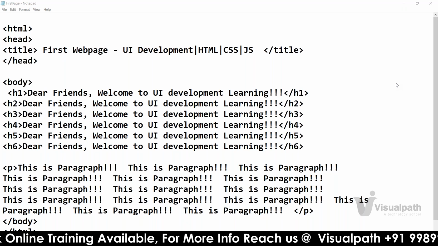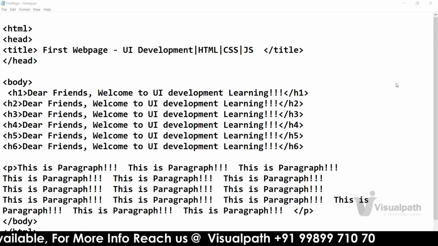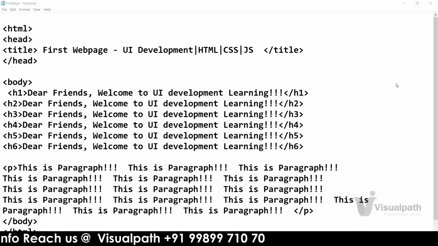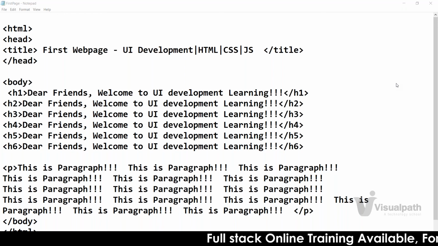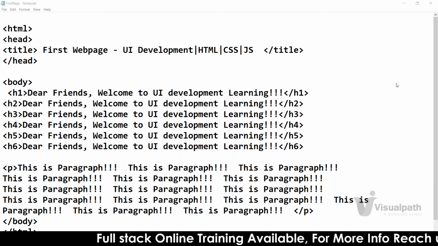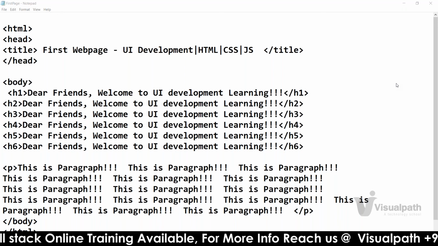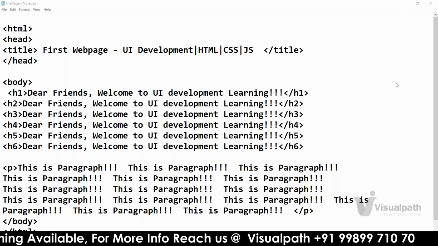What I'm expecting is, I want you people to be ready with the first page. You should be in a position to create a first web page. How to create it? I'm just expecting that small thing from you, with a paragraph and headings. Whatever you want to write, you write, but I want you people to put that together. I hope you people will be doing it. Okay, guys, we'll see the rest of the things.